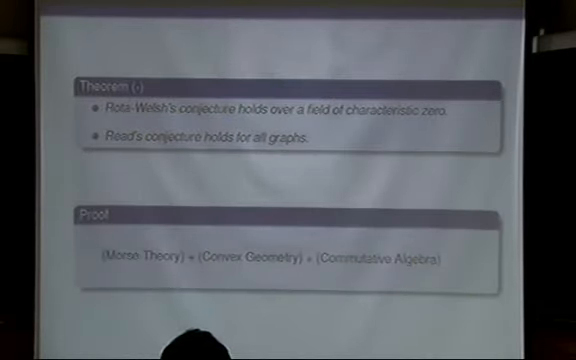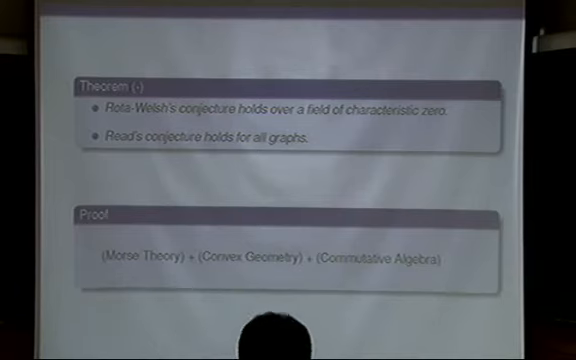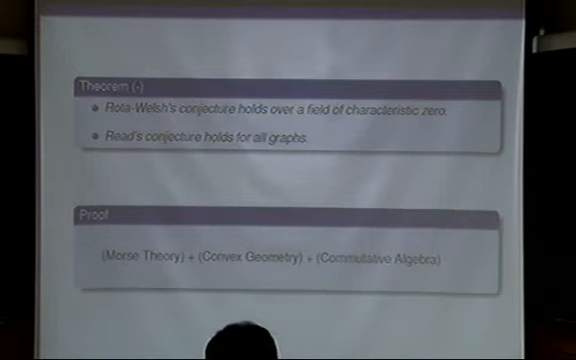This is my claim: Rota-Welsh's conjecture holds over a field of characteristic 0. More precisely, whenever your matroid can be realized as a set of vectors inside a vector space over a field of characteristic 0, then the characteristic polynomial of such a matroid is always log concave. In particular, Reed's conjecture on graphs is always true because we know that if we have a finite graph,